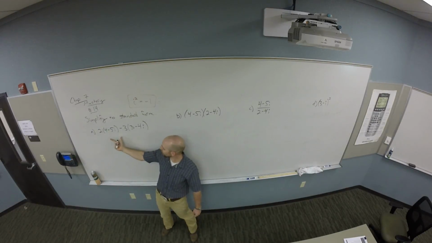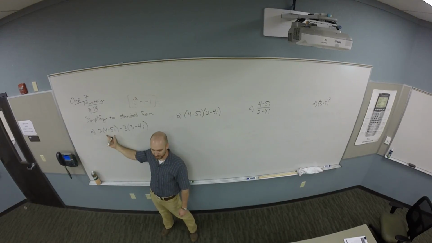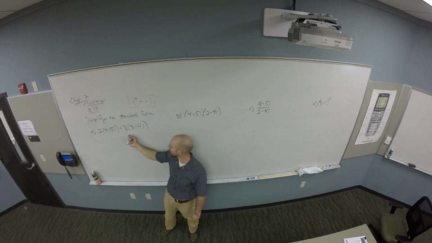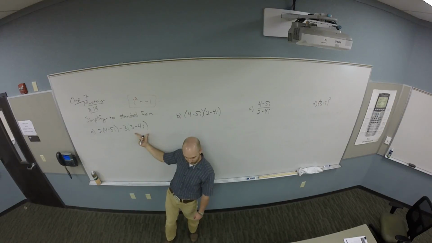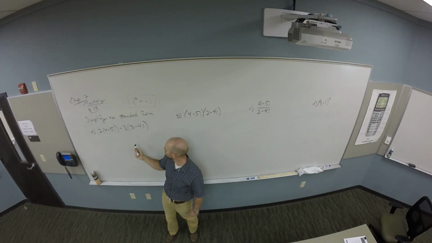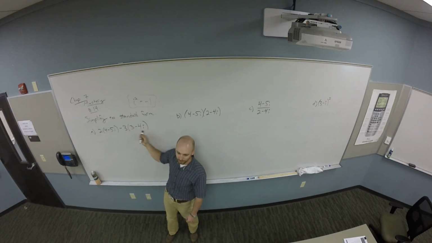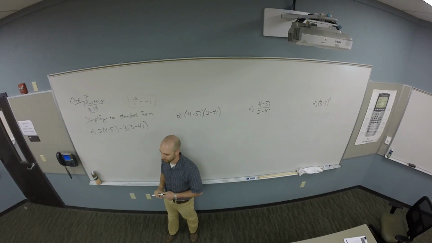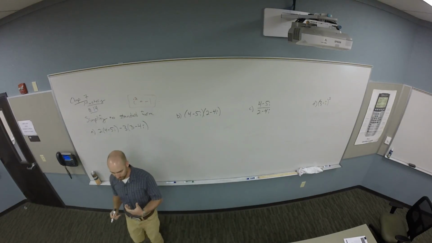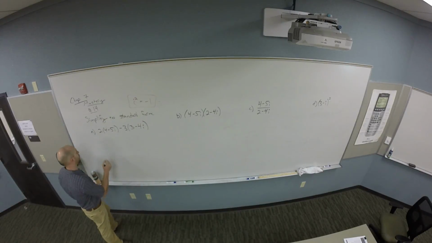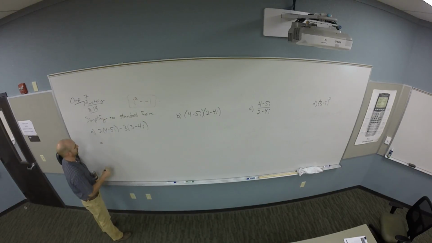Okay, cool. I would have thrown quantities in here, so I would have said 2 times the quantity 4 minus 5i, minus 3 times the quantity 3 minus 4i. Because otherwise I'm not sure if I'm just multiplying the 3's or if I need to multiply the 3 by the whole thing. Okay. So what's your first step on this one? Distribute it. Okay, so you get,